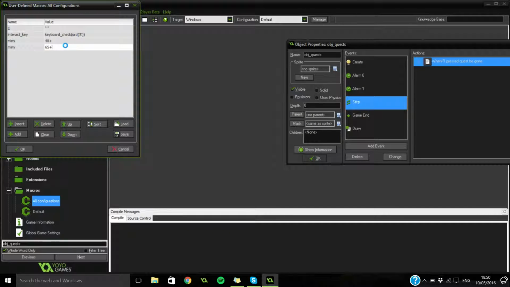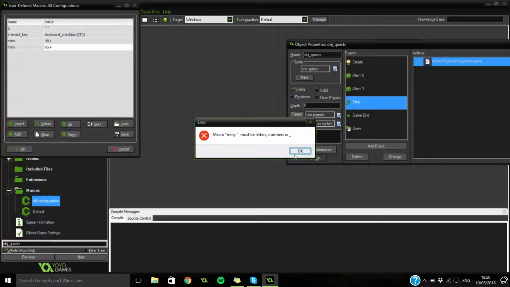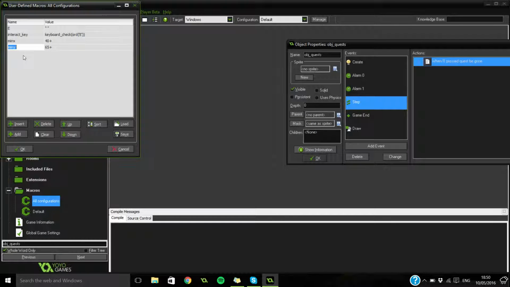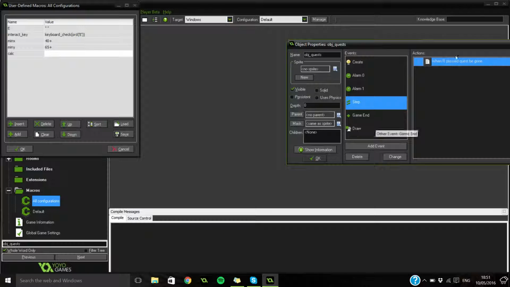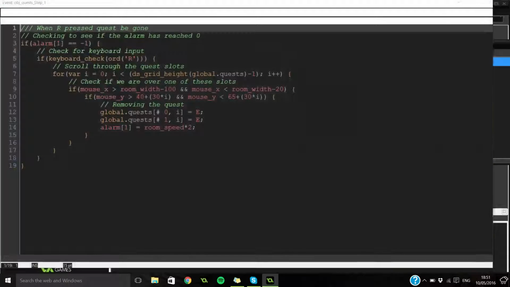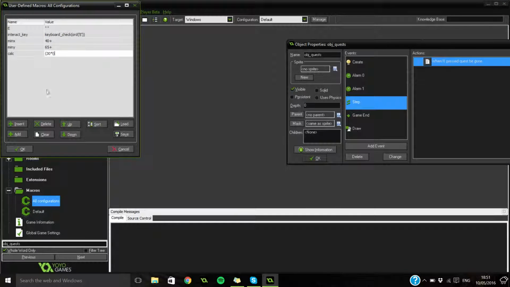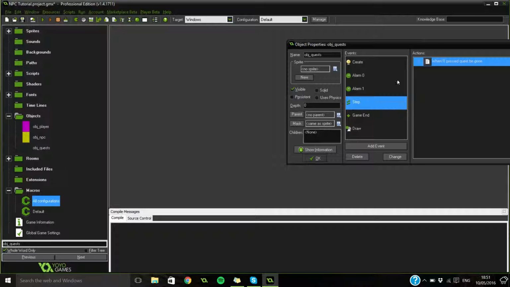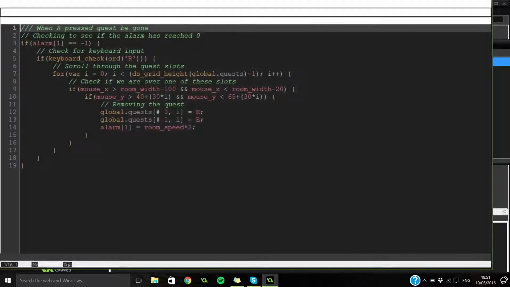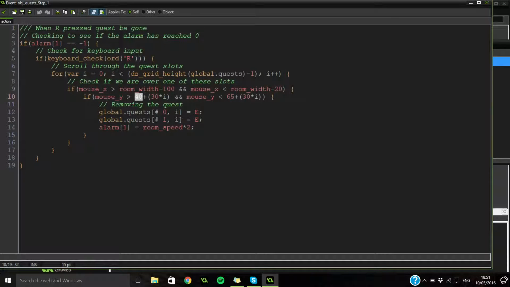Will it not let me do that? Oh, I've put a space there, that's why. And then finally we're going to do calc, and that is going to equal, let's just check, 30 in brackets, 30 times I. Okay, so now that's all set, we should now be able to go into our step and change this to